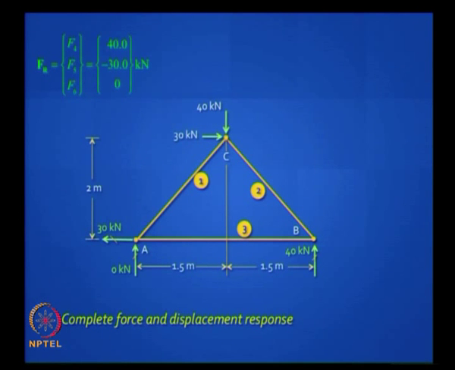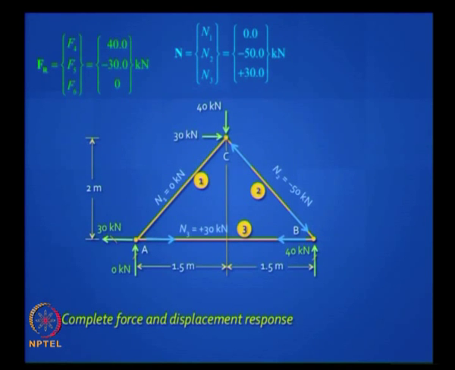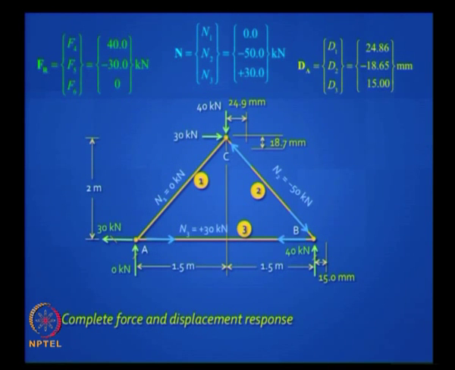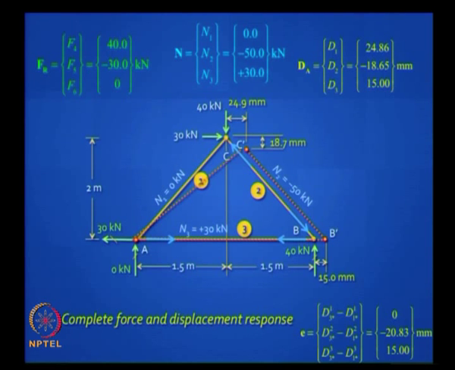You can draw your reactions, axial forces you can mark, even displacements you can mark, you know the joint displacements you have got, you know d1, d2, d3, draw it to some scale, and you can even sketch this, and if you are really interested you can also get the member bar elongations as EI is d3 star minus d1 star if you are really interested. You have got everything, you have got the complete force response and the complete displacement response for this loading.